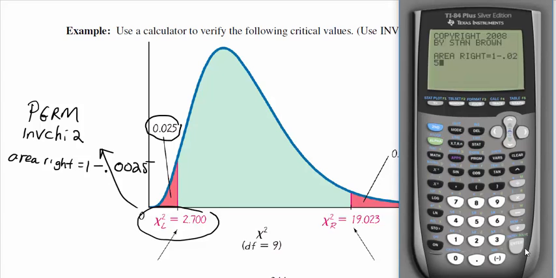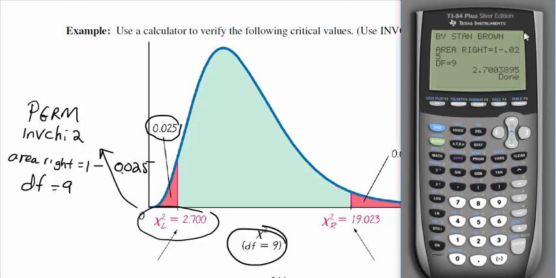Sorry about that. The degrees of freedom are 9, since they told me that in this case. It might not be 9 every time, but here the degrees of freedom are 9. And then I can see it's thinking, and I get the